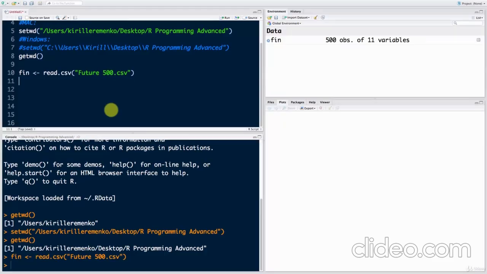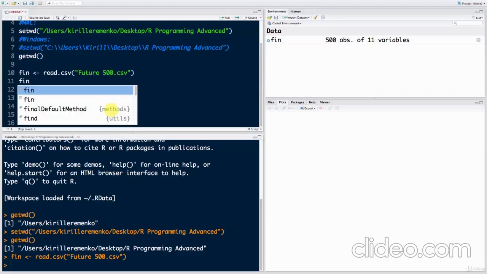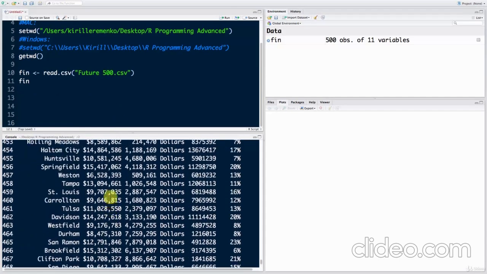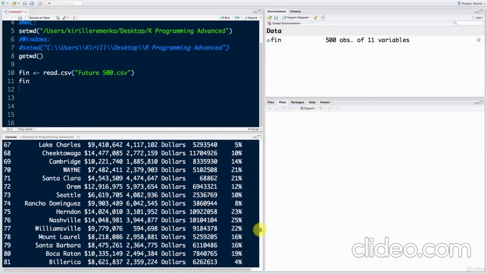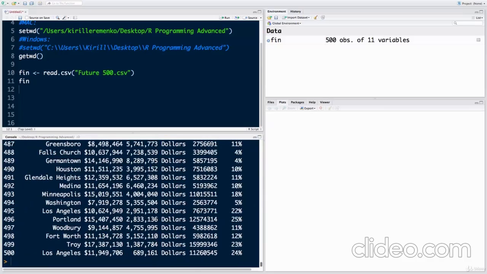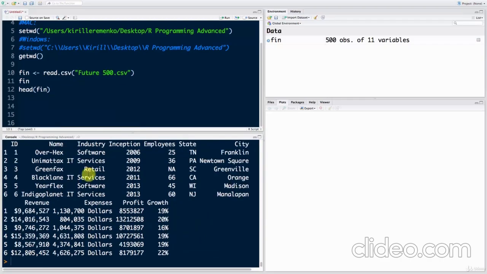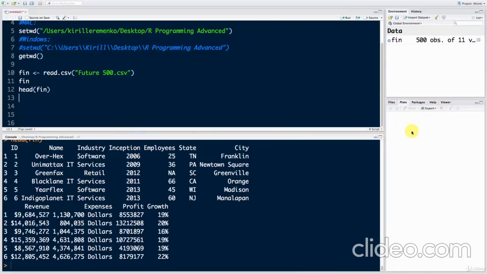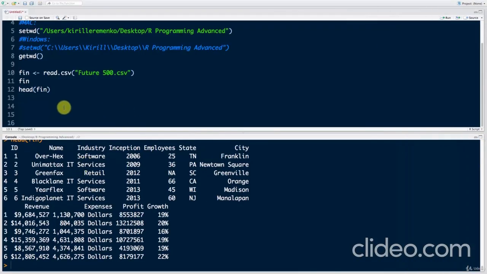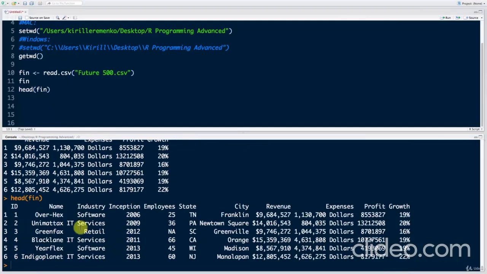So let's proceed to that. The first way we know is to just run the name of this data set, and that'll bring it all out here. As you can see, there's a lot of lines, way too many for us to look at in this way. So we're going to use some tricks that we know when dealing with data sets. We're going to look at the top, a certain number of rows. So we just look at head fin. And let me expand this. We won't be needing this window much in this section of the course, so we're just going to keep it closed like that. If I run head fin, there you can see we've got the top 6 rows of our data set,